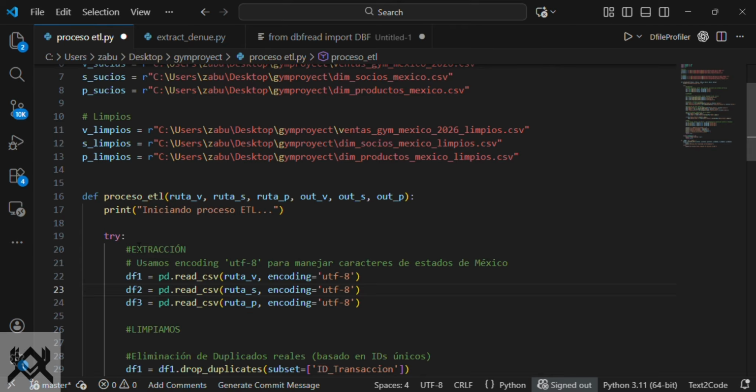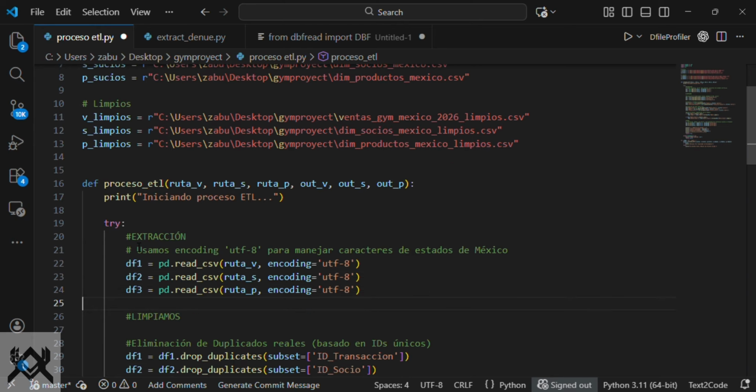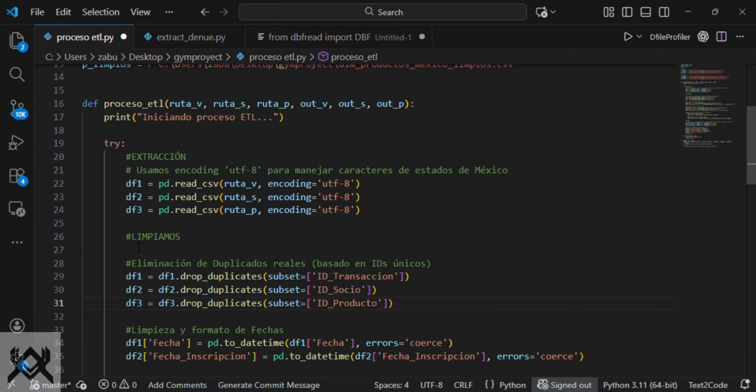We use encoding UTF-8 for characters in my column state of Mexico states. Remember, in some states or cities we arrive at some strange characters. This type of error we only need to clean using UTF-8. Okay, now we drop duplicate data.